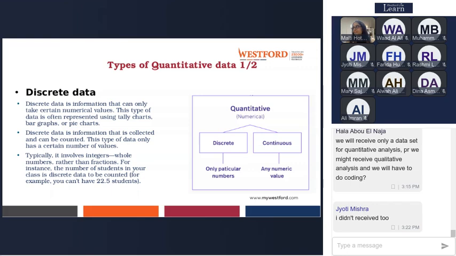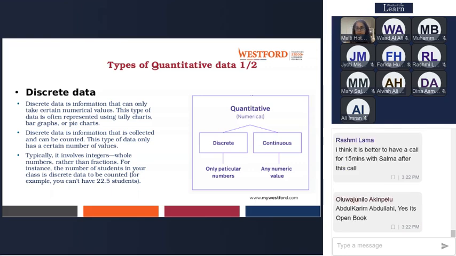But as Dina and the other team members mentioned before, it's important to have a quick call with Salma to answer all our questions if possible. So if you can please pass the message to the management, that would be great. Yes, I will. Okay, so let's begin some content of quantitative data analysis, and then we can take a break. In the break, I'll speak to Salma and come back to you with the updates. So let's talk about quantitative data analysis.